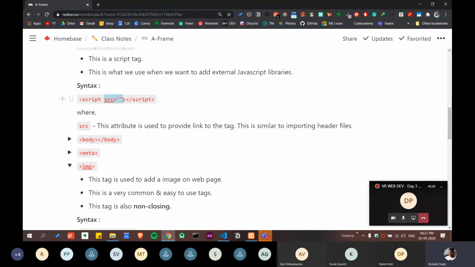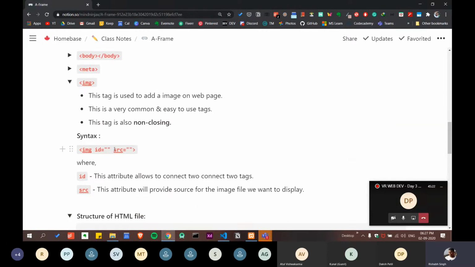It also has src, and image also has src, so it has exactly the same purpose. You have some image you want to display on the page, so you have to enter the address of this image in this src. Again I'm telling you, whatever we write apart from the main tag is called attributes.